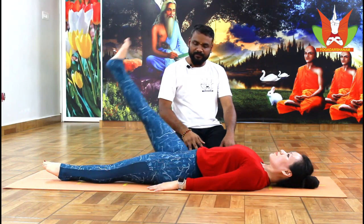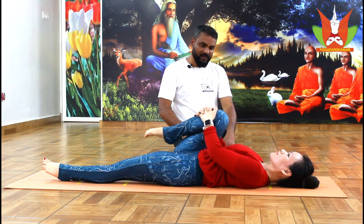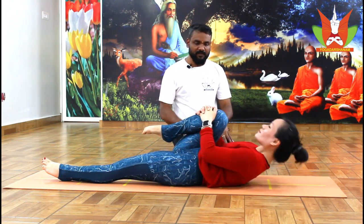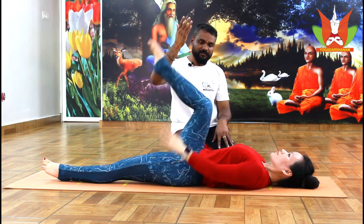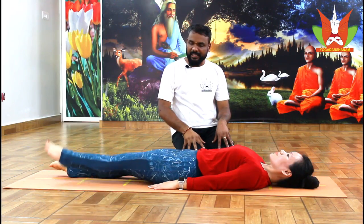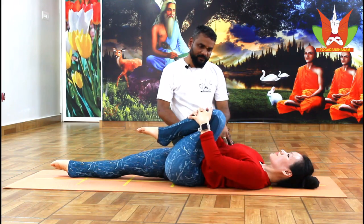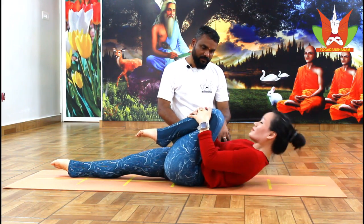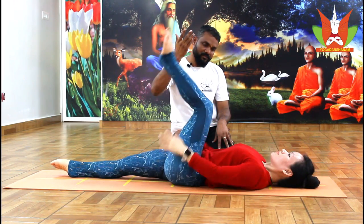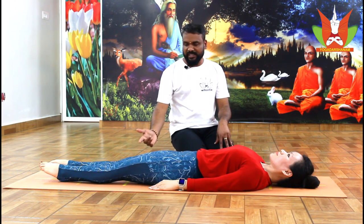Inhale up, exhale, inhale to 90 degree, exhale, drop. Left leg, inhale up, exhale, inhale, exhale, drop down. In case if this is too much for you, in case if you are not able to lift your leg,